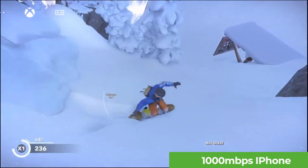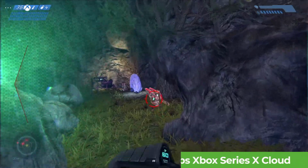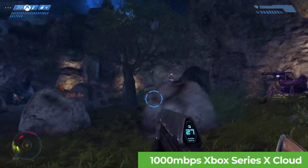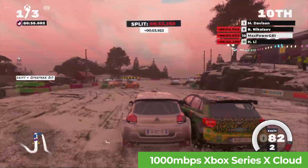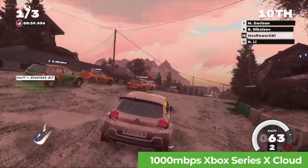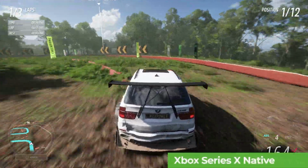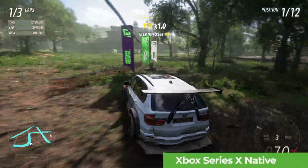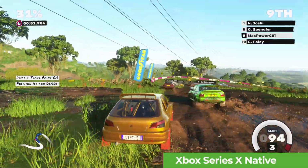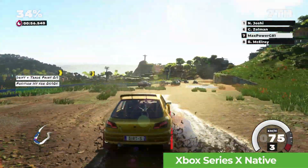When we look at cloud streaming via the Series X or other Xbox consoles and then playing it on a TV, if you're used to what the game is meant to look like, then you'll think someone smothered your shiny TV in Vaseline, as the image can look so blurry you may think there's a Nintendo 64 hooked up to your TV. Now, of course I'm exaggerating with that, nothing can possibly look that blurry, but the image does have a washed out look about it, and the texture quality takes a significant hit when compared to running the game natively. Comparing shots side by side, it's obvious just how crisp and detailed the textures are when running on dedicated